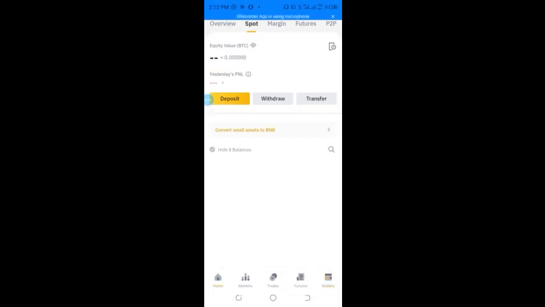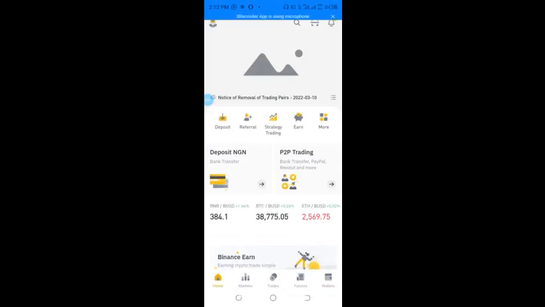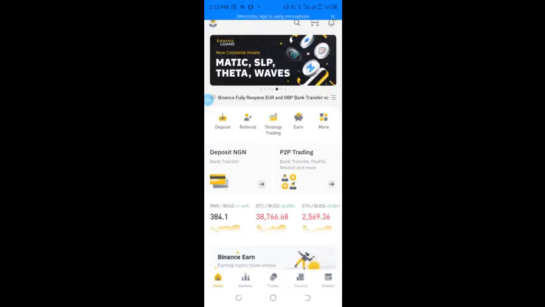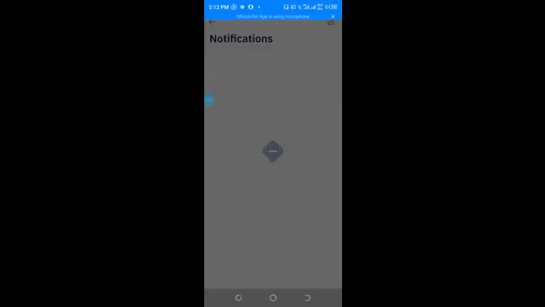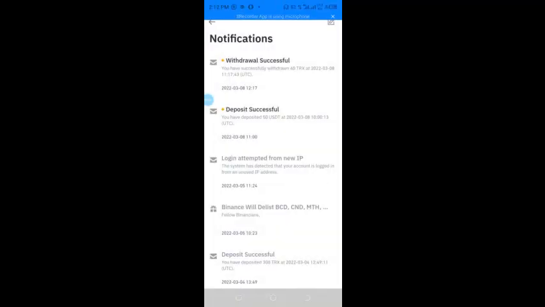So this is the withdrawal here. The deposit has gotten to my wallet address, as you can see. So this is my proof. You can see today's date is the 8th of March 2022, and you can see you have deposited 50 USDT at 2022-03-08 around 10:00:13 UTC time. All right, so that is that about that.